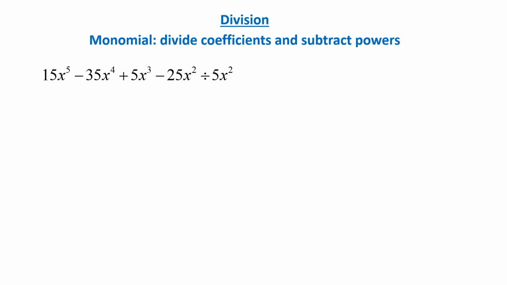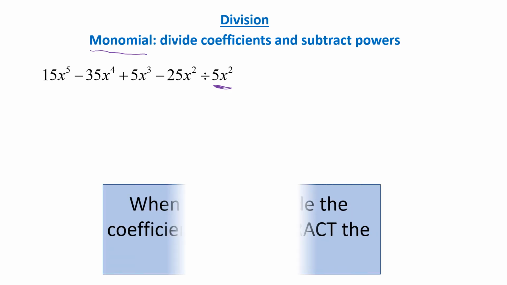Now we're going to talk about division. So there's two kinds of divisions we're going to talk about. Division when I'm dividing by a monomial. So right here, this is a monomial. It's just one term. So that's the first kind of division we're going to talk about. So when you have this kind of division, when you're dividing by a monomial,